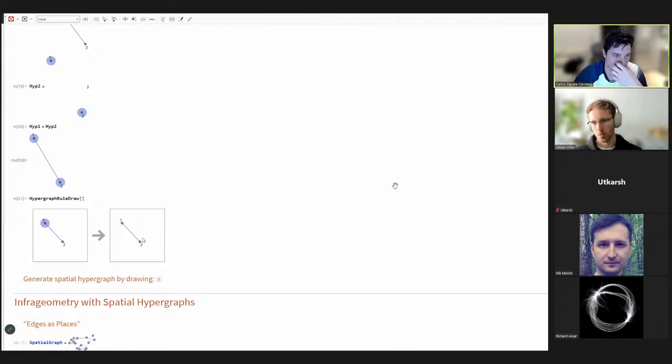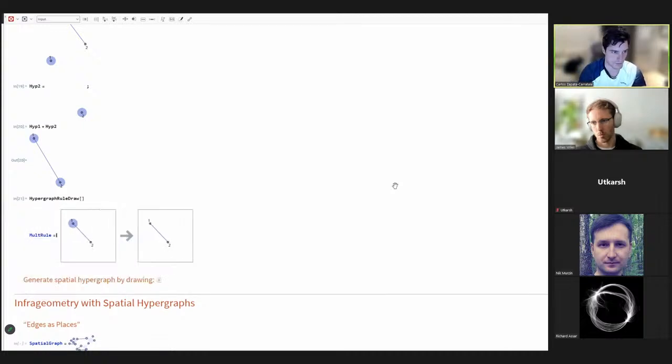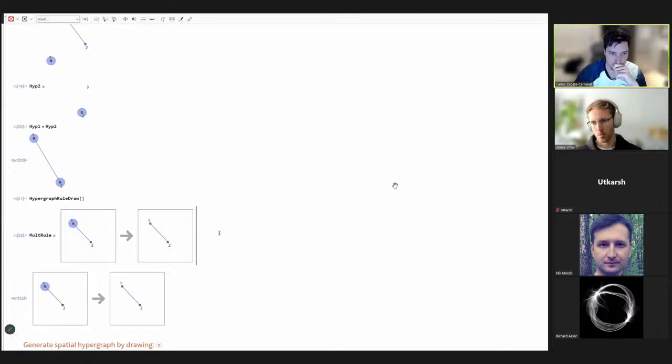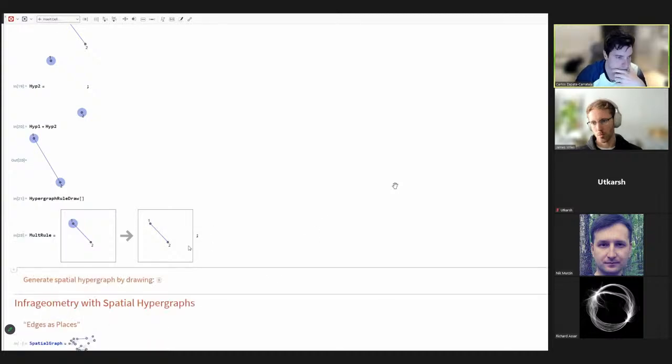So this could be, for example, the rule that applies here. When you apply this rule, call it the mult rule or something. And so when you just apply it here,